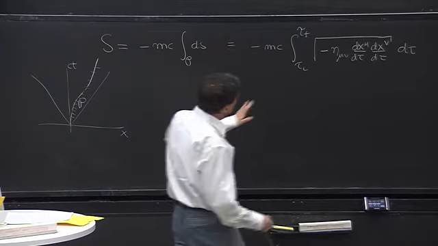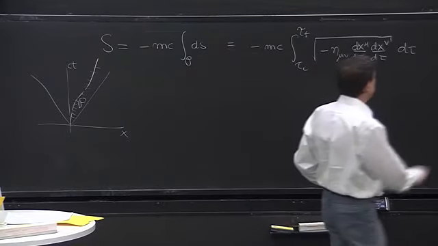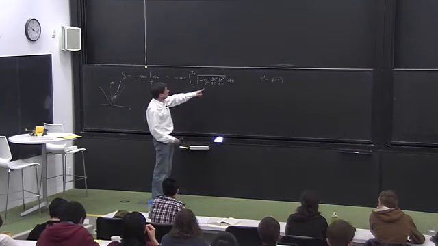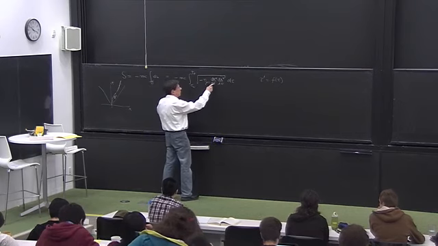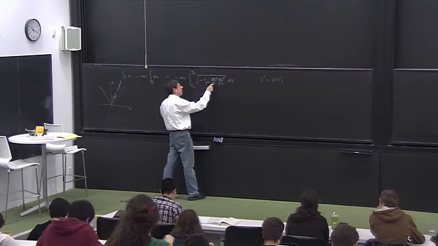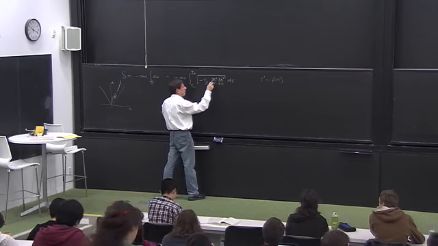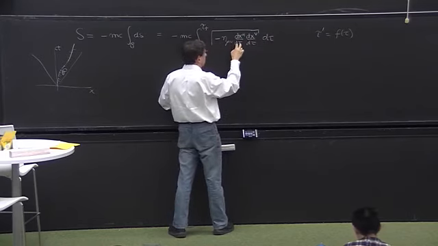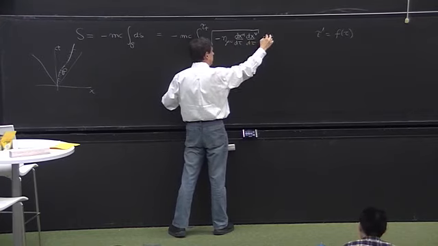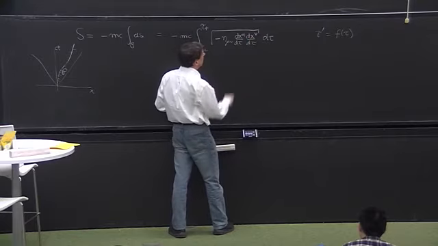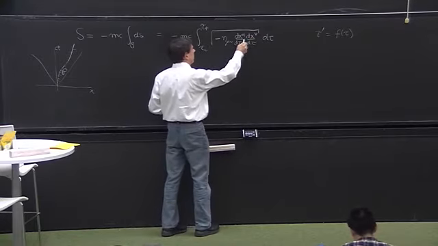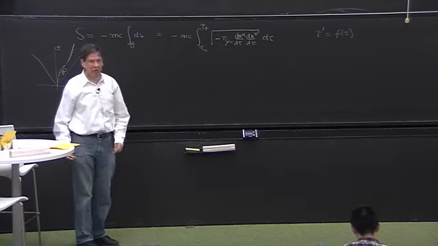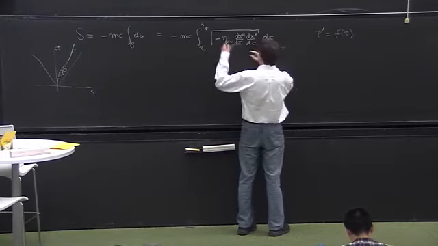By that, we mean that if you would have decided to use a different parameter, tau prime, which is some function of tau, you could use the chain rule, and you say, well, here I have the chain rule between tau and tau prime, and here the same. But at the end of the day, the effect of the chain rule here and the chain rule there cancel, because there's a square root of d tau, a square root of d tau, and a d tau in the numerator here. So you look at this and you say, oh, there's d tau, d tau, d tau. They really cancel. This is manifestly reparameterization invariant,